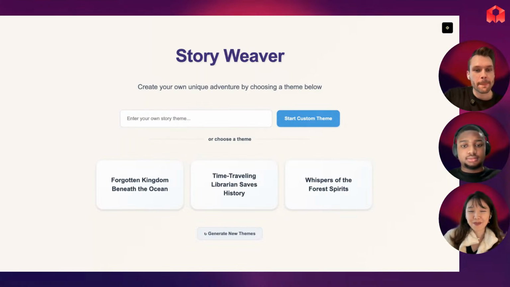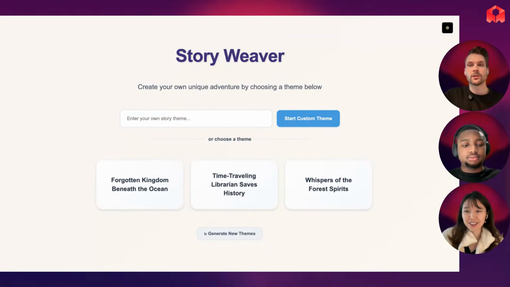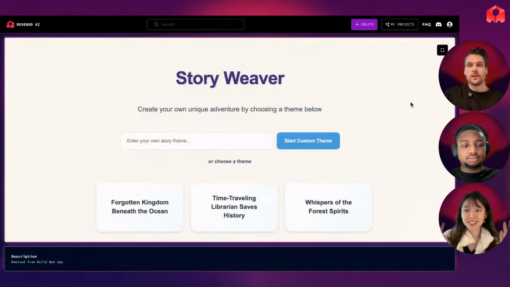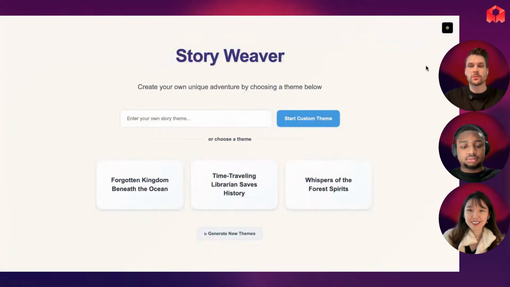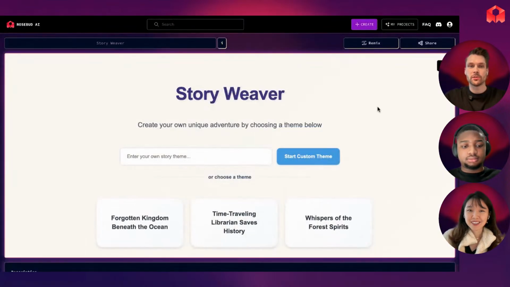Sorry. I mean, can you show them how they can remix your project and see how easy it is that they can prompt their own way? Absolutely. And even reskinning it would be such an easy change that they feel like it's their own. So there was the app in full screen, but if you click the link in the description to the Storyweaver app, you can click Remix,